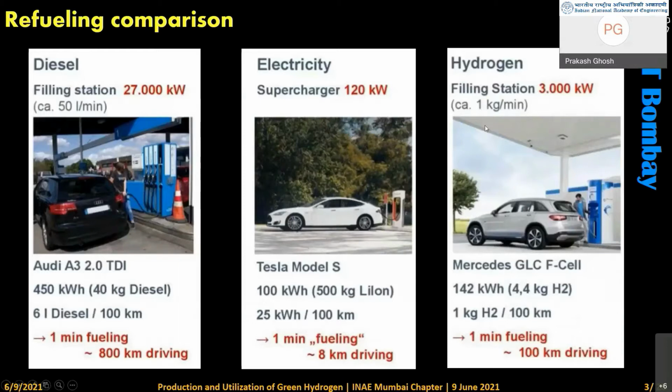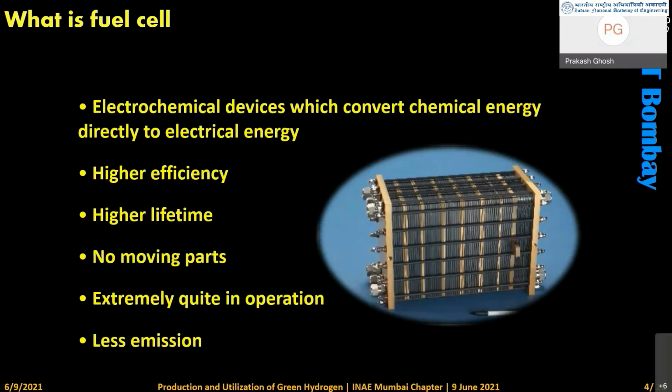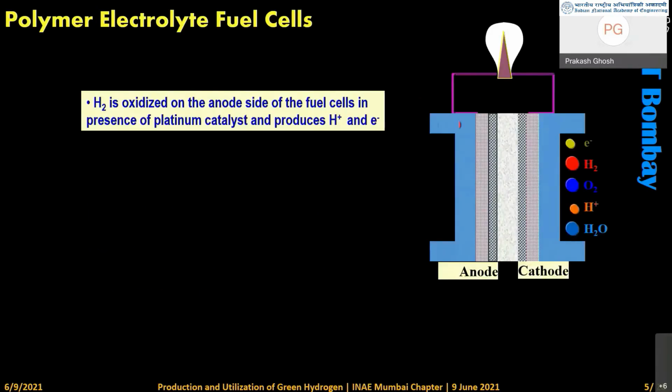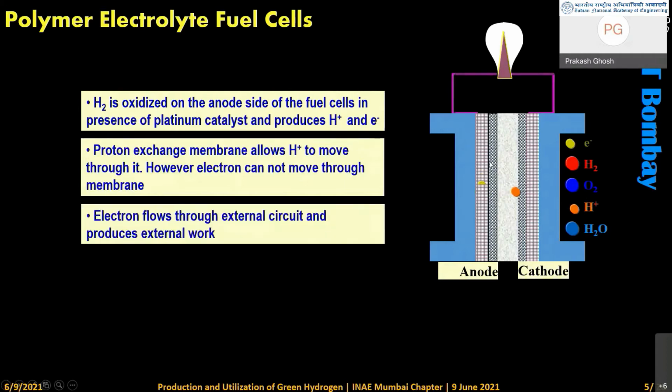So in this context, hydrogen comes into the picture, and one of the components where hydrogen can be used is the fuel cell. In the transport sector, it's the polymer electrolyte fuel cell. I'm keeping these few slides short because this is known. In this case, hydrogen is used as a fuel, mostly pure hydrogen, because platinum is used as a catalyst, and hydrogen gets oxidized on the anode side. You have a membrane, a Nafion membrane,